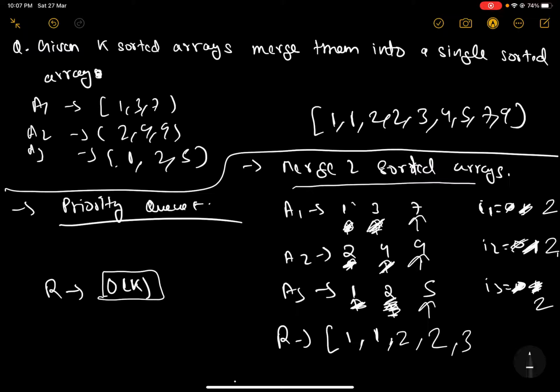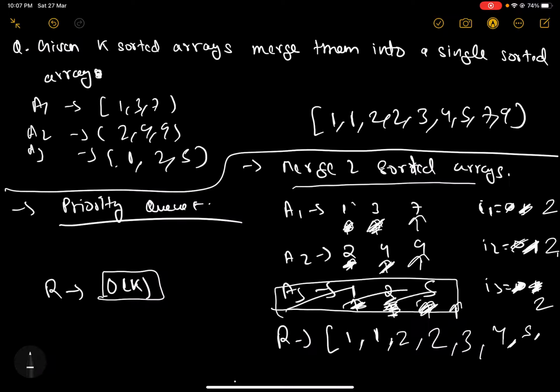All right, and 4 will also be inserted in the end result. Now between 5, 7 and 9, 5 is the smallest one, so 5 will be chosen next. All right, and the pointer for 5 will be incremented. Now the array A3 is empty, I do not really have any element to choose from this array, so let's just strike it off for now. And between 7 and 9, 7 is the smaller one, so I'll choose 7 next. Now this array will also be empty, so let's just strike it out, and now I will choose 9. All right, and this result is equal to the end result.